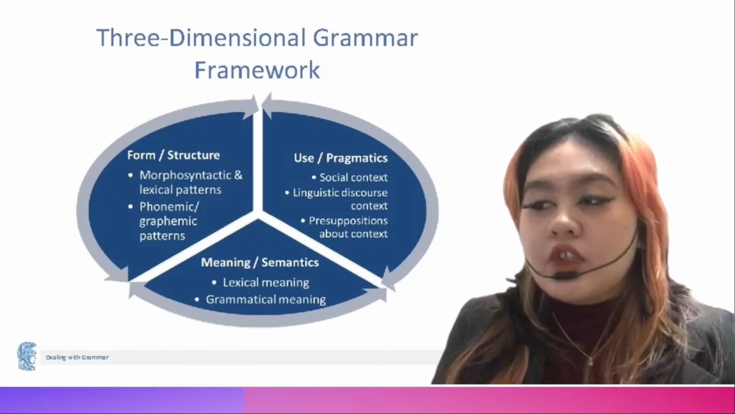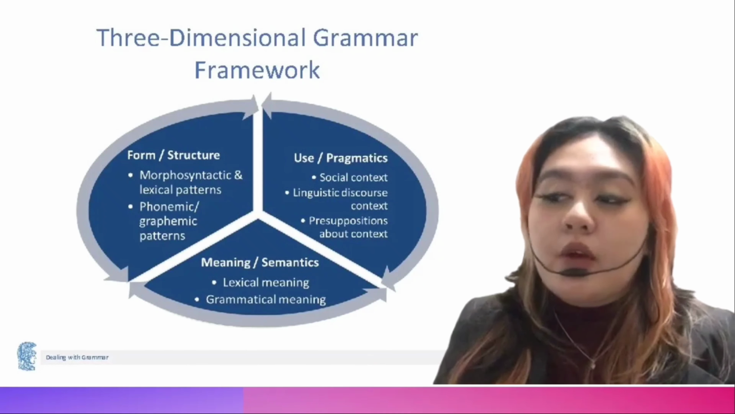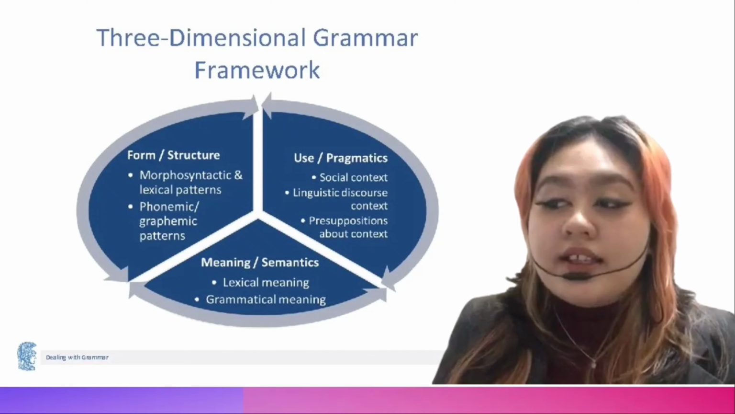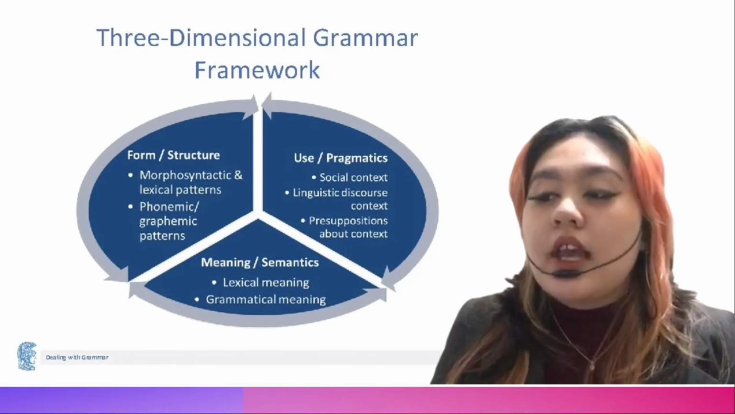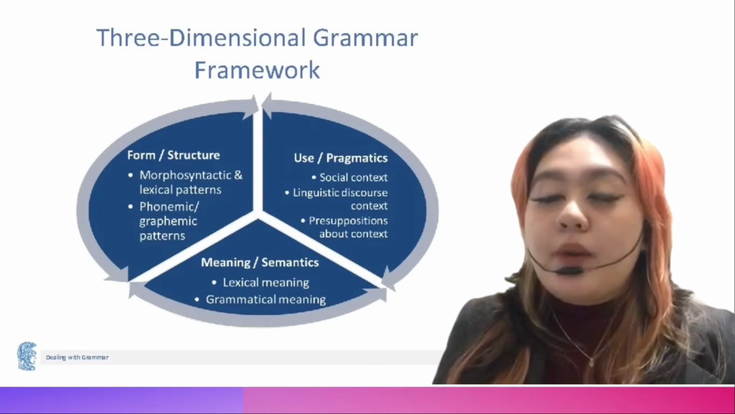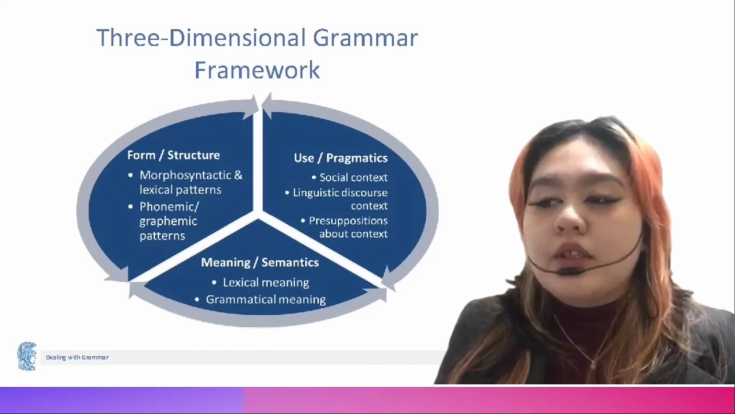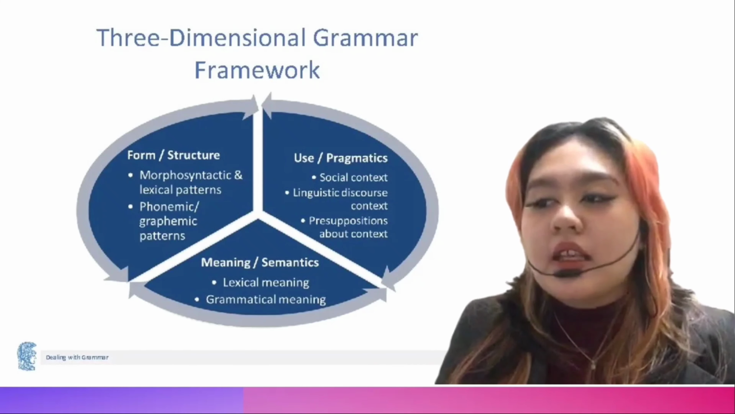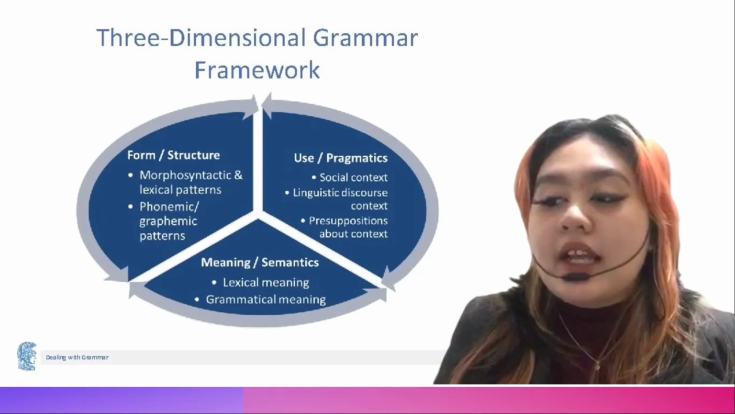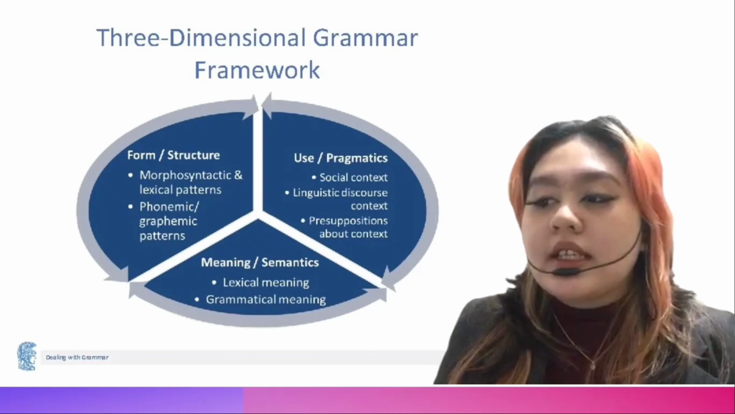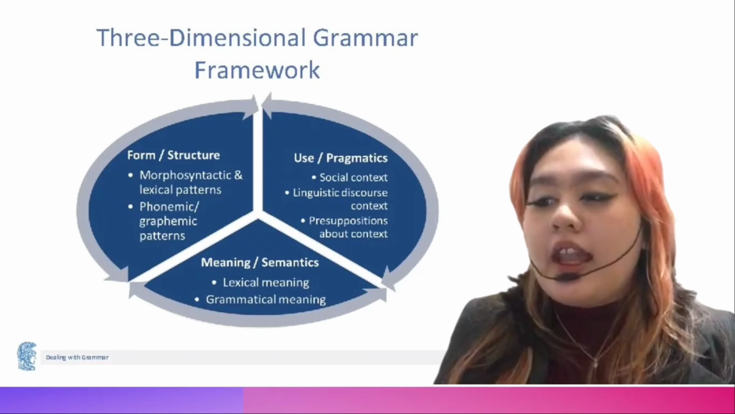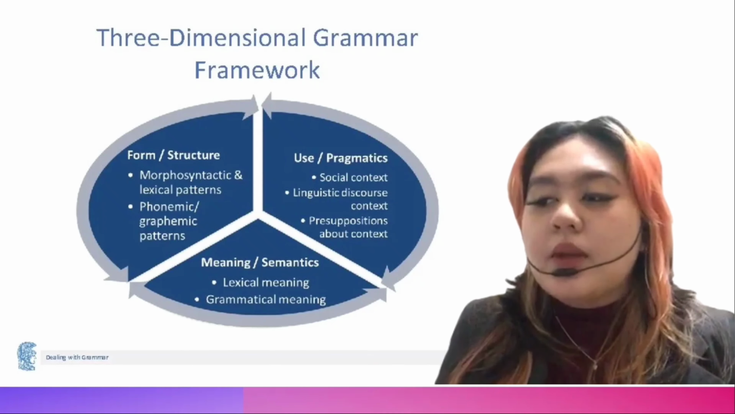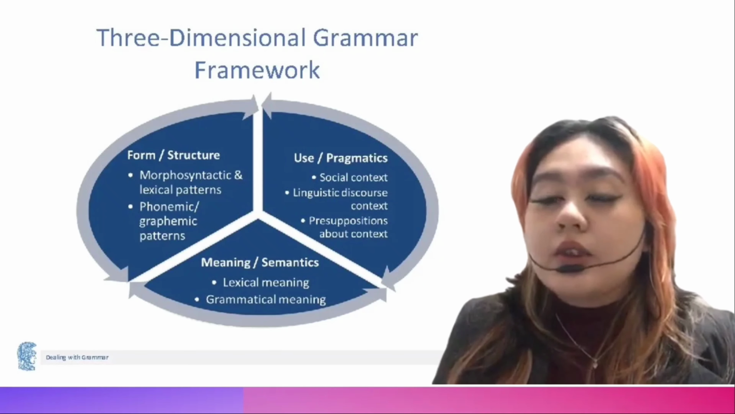Form involves structure, either the rules and formation of words and sentences, as well as the sounds of those words and how they are represented in written symbols. While meaning is semantics, for it could be through lexical, in which it is the meaning of a word in a dictionary. And also grammatical, in which the meaning is presented through the word